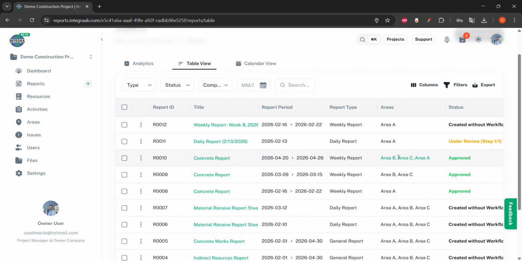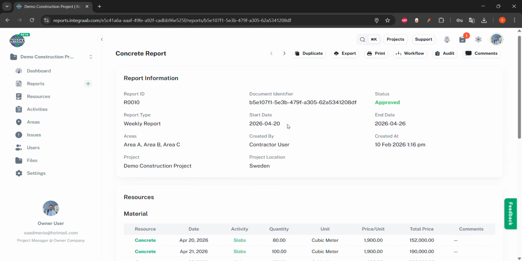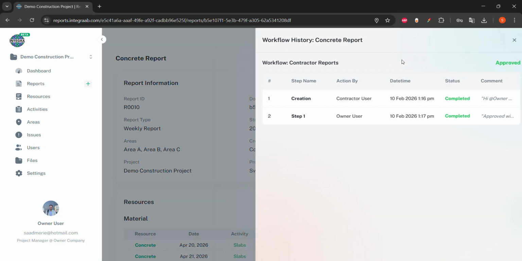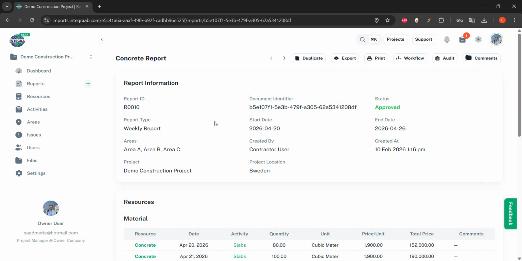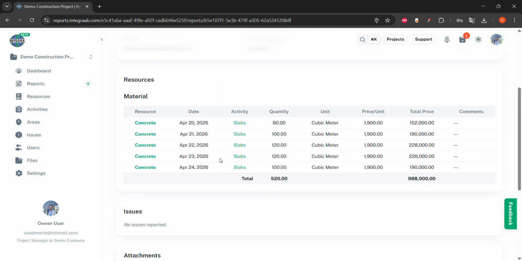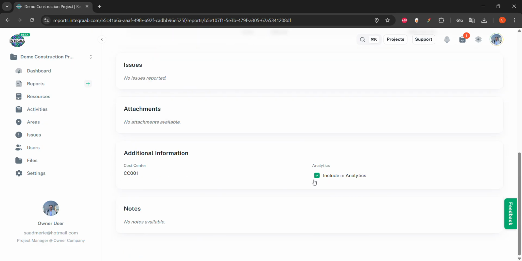So for example, if I look at this concrete report here, I see the information of who created this report and when it was created, and I can see in the workflow tab at the top what the creation was and who approved this report, and if there is any comment it will appear here. I can see a summary of the resources that were in that report, their unit and everything, and checking this box here, even if the report is approved,